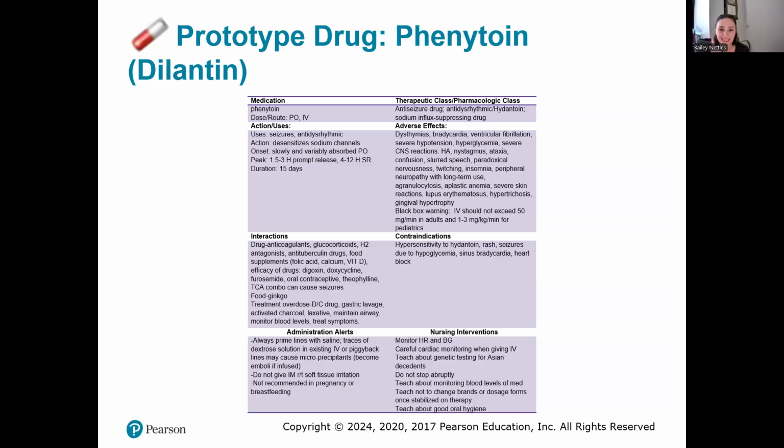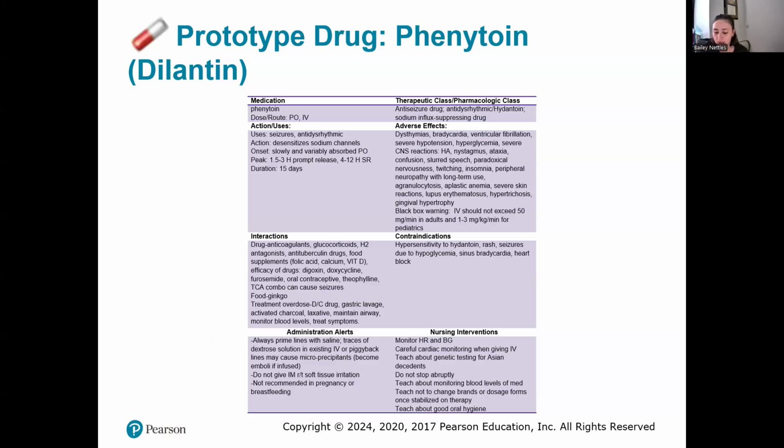Okay? So, saline only. If you're giving this IV, we need to be hooked up to a heart monitor because we need to watch out for these dysrhythmias and the VFib. We need to be watching our blood pressure. We need to be using a large bore IV. We do not use anything that has dextrose. And we make sure that we push it appropriately and we're not pushing it too fast.